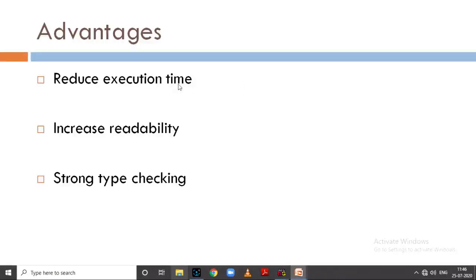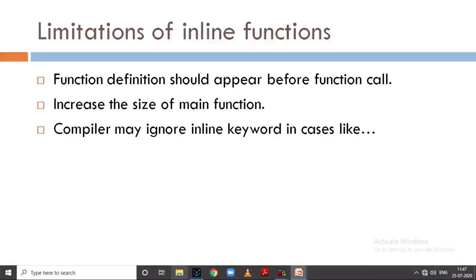So reduced execution time is the most important advantage of inline functions, and it also increases the readability of a program and provides strong type checking. That means at the time of compilation the data types are strongly checked.